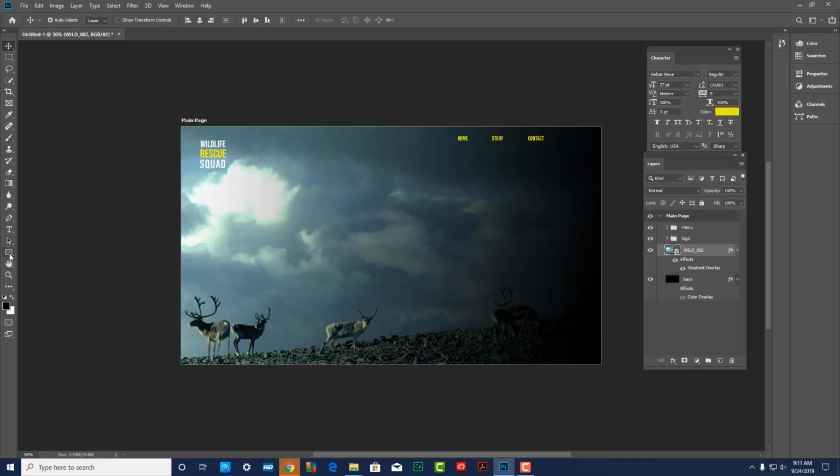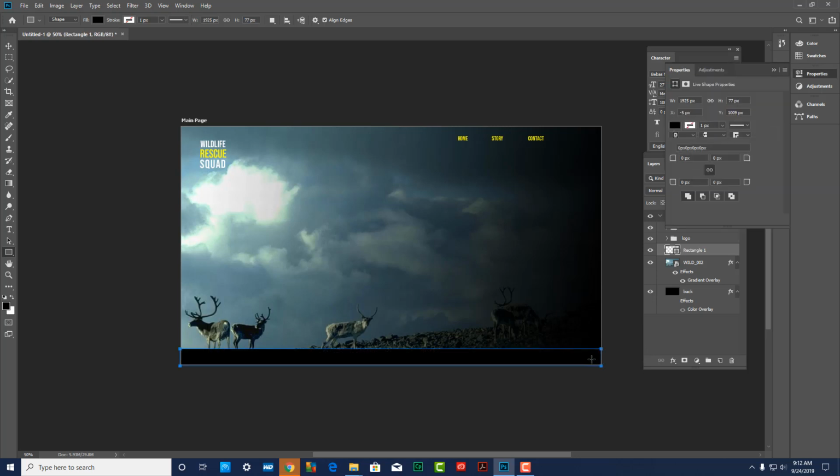So we're going to go over, and we're going to use the rectangle tool, and we're going to have to create a new layer for this. So we do that. We can use shape, path, or pixels. I'm just going to use shape right now, and I'm going to draw a box over the bottom of the interface,